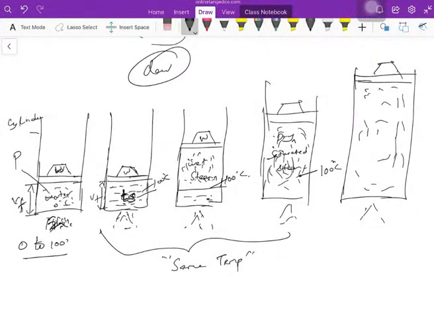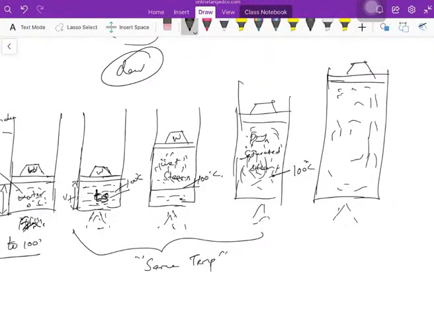The phase change is happening here. The phase change of water is converted to steam, but the temperature remains constant throughout the process. It's like an experiment. If we measure the temperature, the temperature will remain constant. Once it has attained dry saturated steam, meaning all the water is converted to steam, still the temperature will be the same.